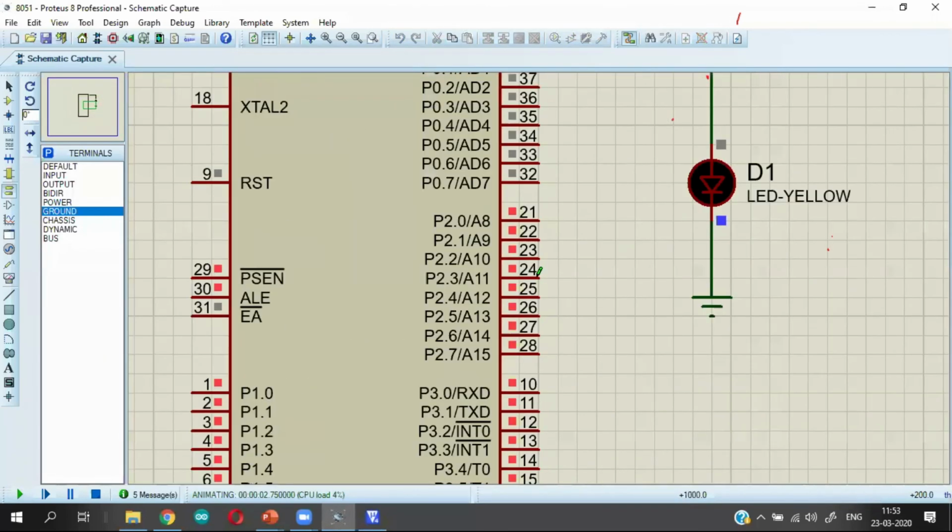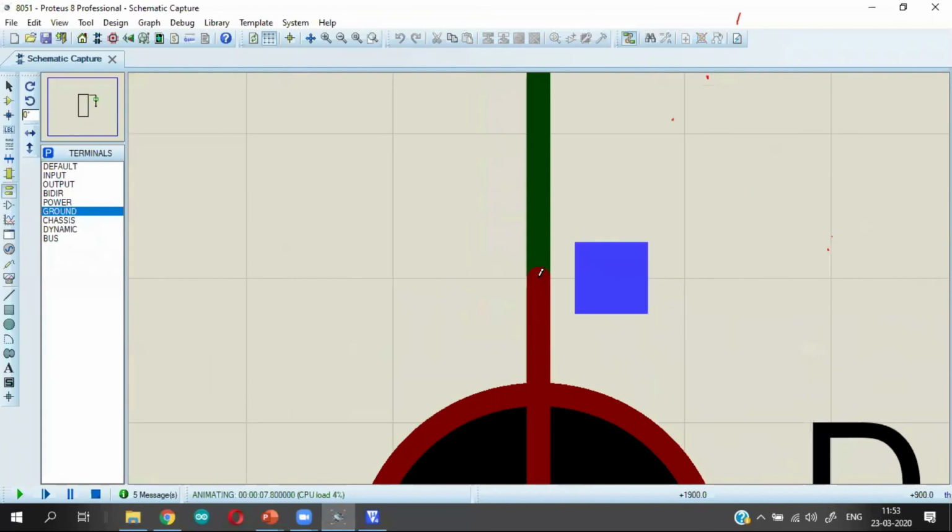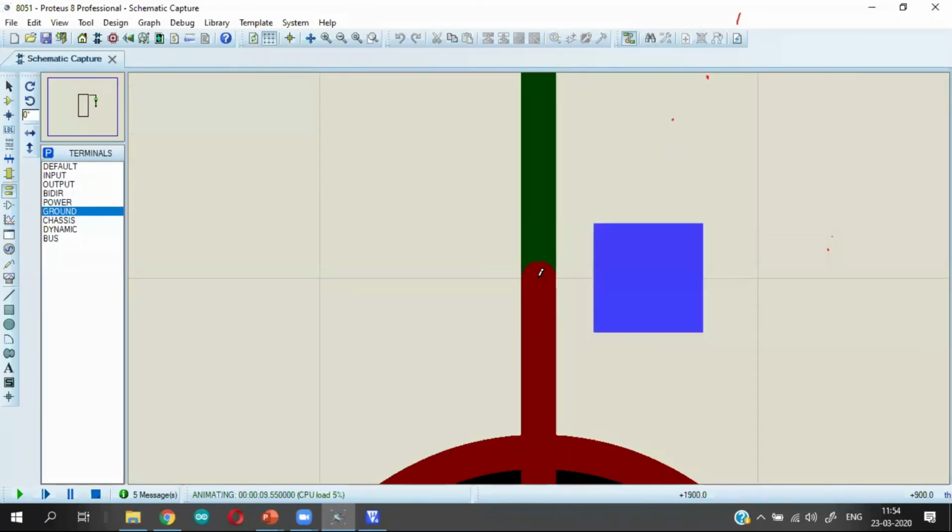So if you see, this fellow is actually toggling between... see the color of this particular blink. If you are not able to see this, I'll increase the delay.